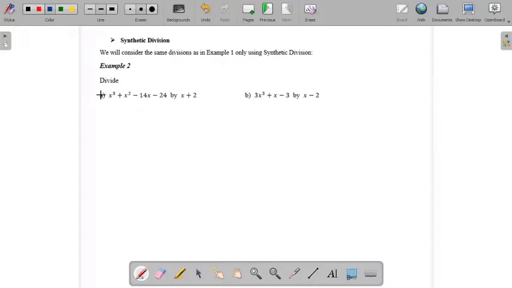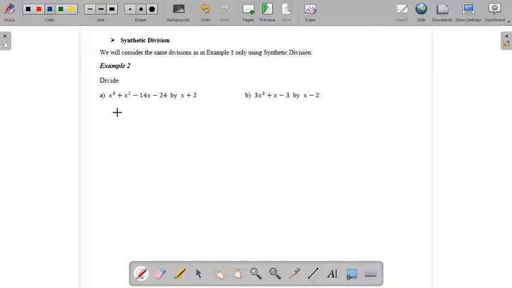All right, so now we're going to look at using the same examples that we had before, but now using synthetic division. And you can basically use either method. It doesn't really matter what you use. Whatever you're happiest with doing, that's what you can do. So I'll show you this method as well. All right, so